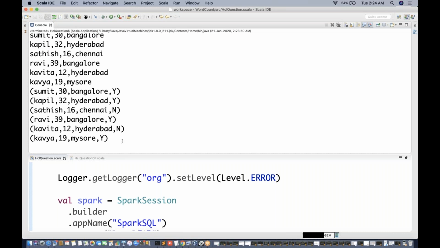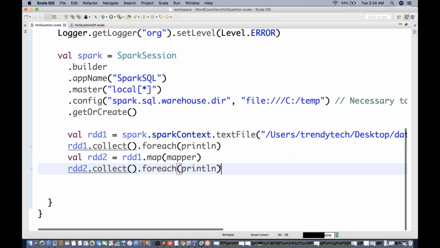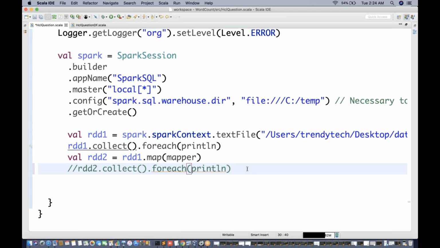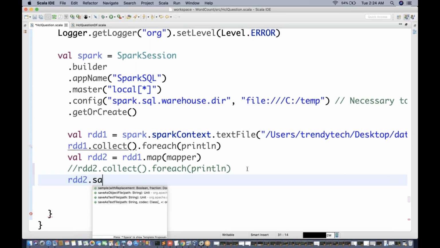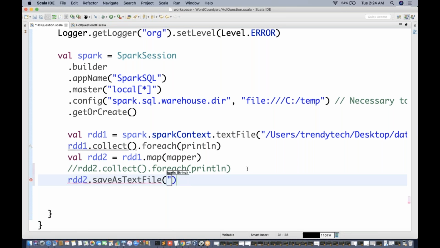otherwise it is N. Now additionally, if you want to store it somewhere, that means you do not want to collect it, rather you want to store it to a file. What you can do is rdd2.saveAsTextFile, and here you can give the path.